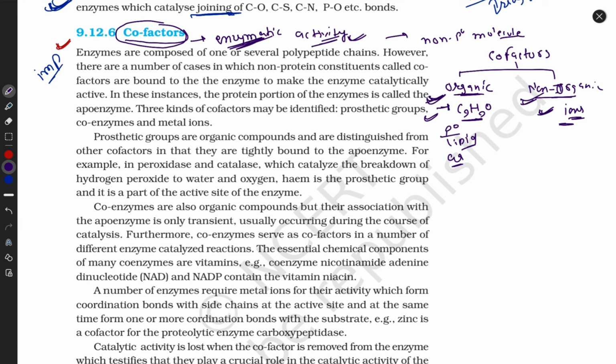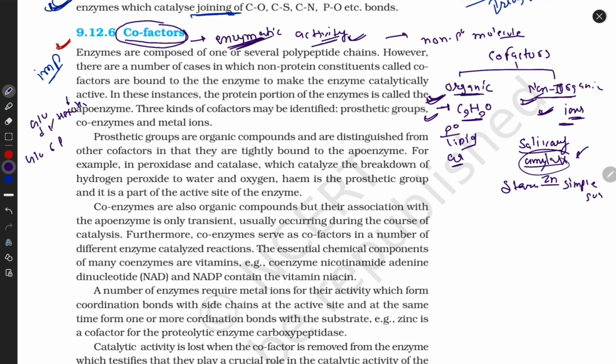Simple, guys, simple. Just take a common example like the salivary enzyme, salivary amylase. What do they do? They change starch into simple sugar. And the salivary enzyme needs what kind of inorganic molecule? They need zinc. Clear or not? Yes. Glucose changes into glucose 6-phosphate. They also need magnesium. We know that they need hexokinase. This is it, but they also require magnesium.